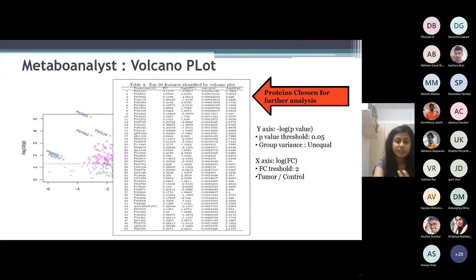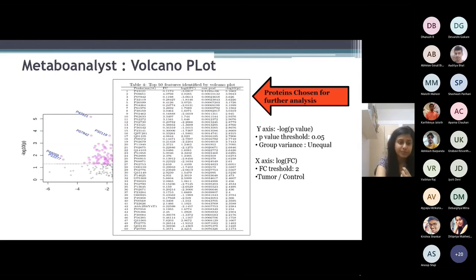Finally, accumulating the data obtained from the last 2 statistical tests, a volcano plot was generated, which took into consideration both the p-values as well as the fold change values. In this case as well, a p-value threshold of 0.05 and a fold change threshold of 2 was set. In the volcano plot, the further the proteins are from the origin, the more significant they are in respect to both their p-values as well as fold change. And thus, from this data, the top 50 proteins obtained from the volcano plot were considered for further analysis on Reactome